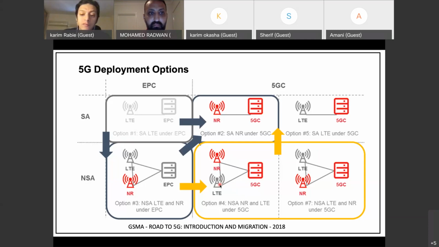So option 4 and option 7 are all transient states, and you'll see even how 3GPP is thinking about that when I show you the timeline for 3GPP, how they covered 2, 3, 4, and 7. And I see that we didn't talk about 5. I put option 5 in dotted lines because, if you see the structure, it's mainly the LTE radio connected to the 5G core.